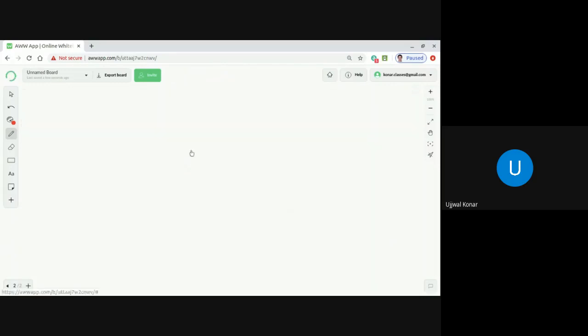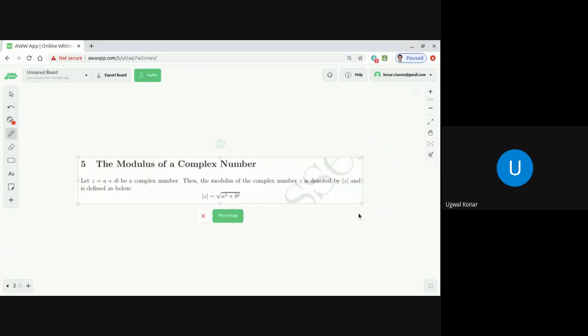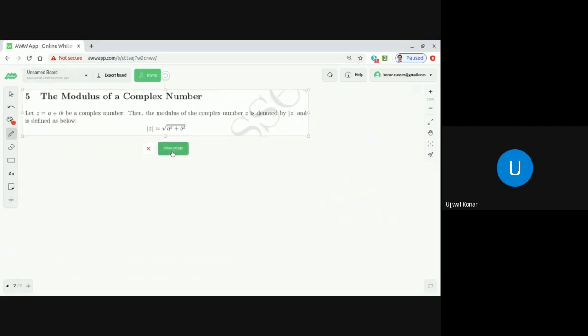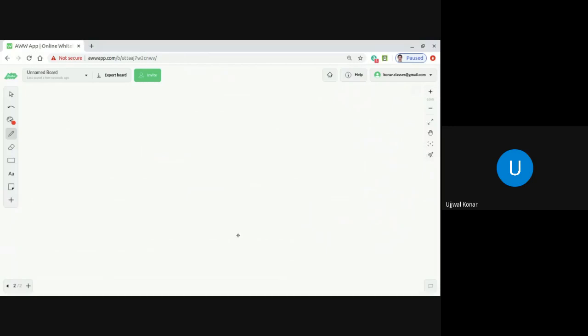Then what you can imagine is that you have an Argand plane, and there is a point (a, b) in the Argand plane. That's what you can think of. Correct, dear students?